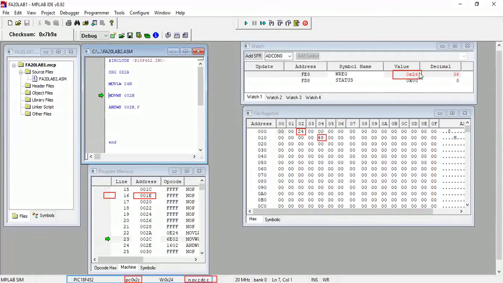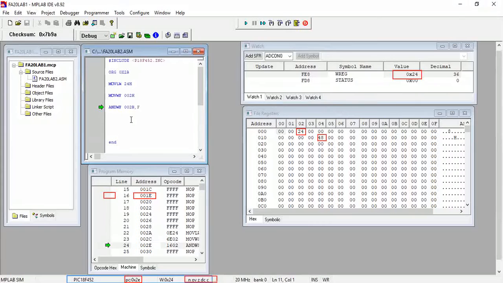Yes, this value is 24 now, and this value is going to go here in 02, which is already 24. We will change this value later so that you can modify it yourself. So this 24 is over here. Now, what is going to happen next? AND working with file, which means we apply a logical AND operation between the working register and the file register. Let me write the content for you so that you remember.